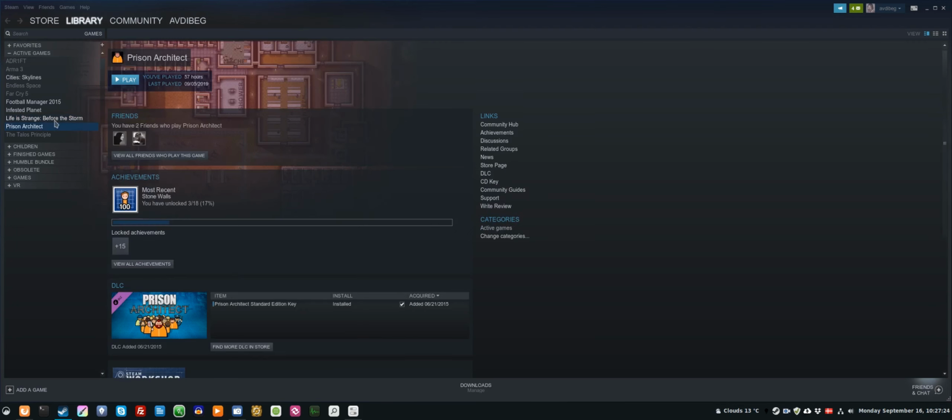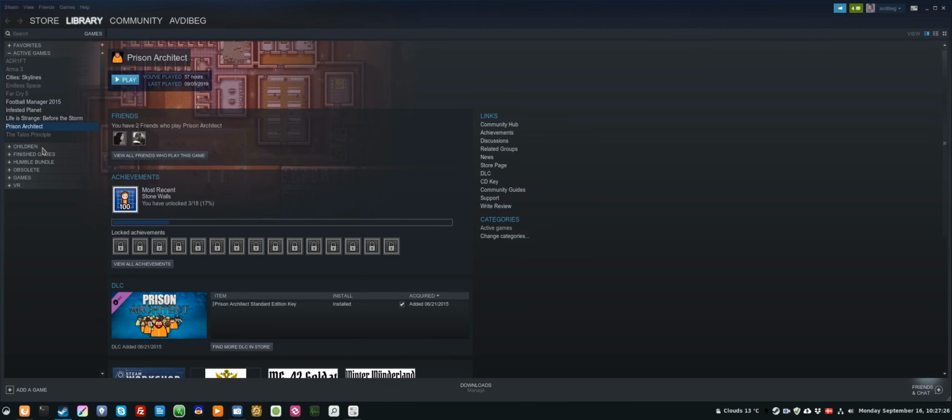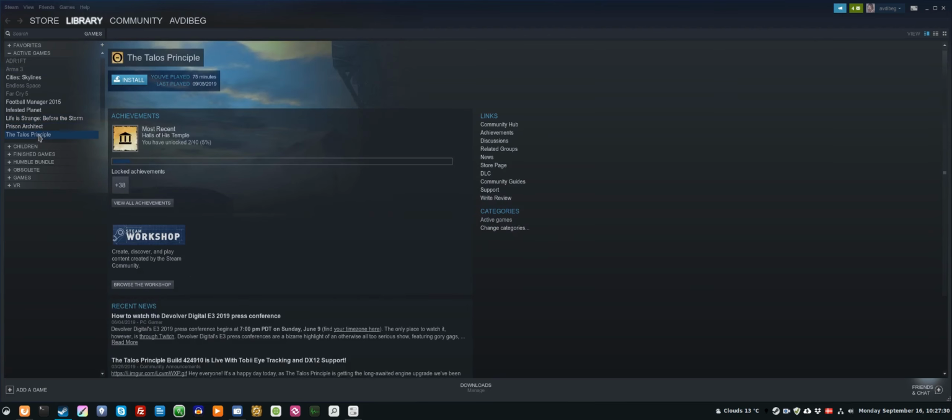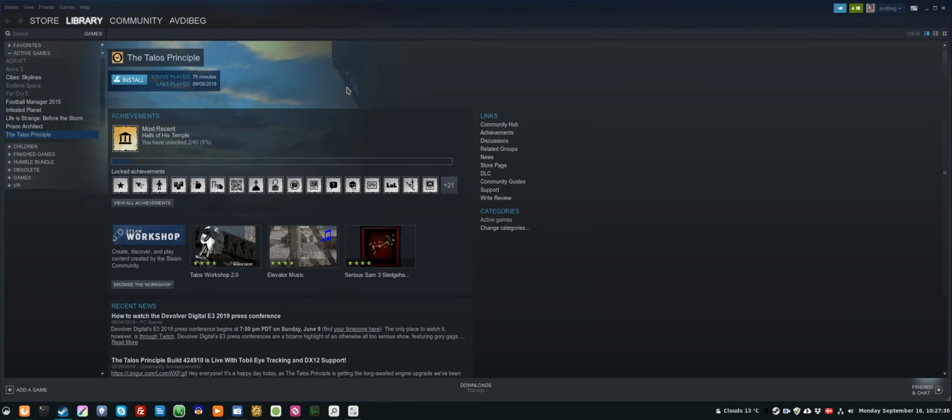Prison Architect is working, and a lot of other games, just as Arma 3, Talos Principle, I believe, works as well, and a whole bunch, Company of Heroes 2, and so on. All those games, at least for me, are available on Linux, and I am so happy about it, because I know when I tried Linux for the first time, and it was in the early 2000s,